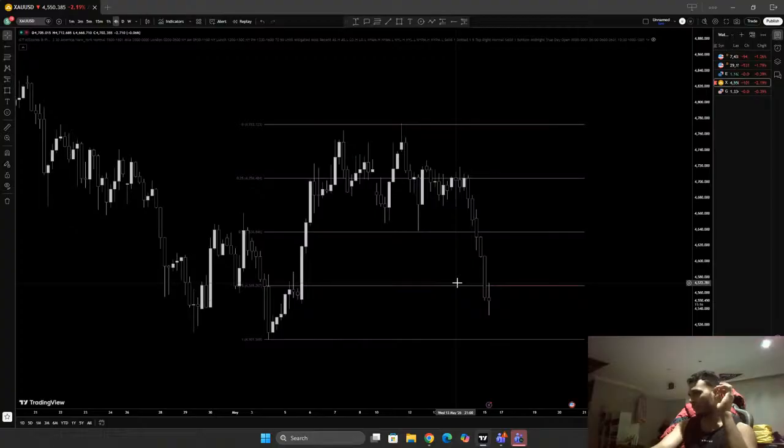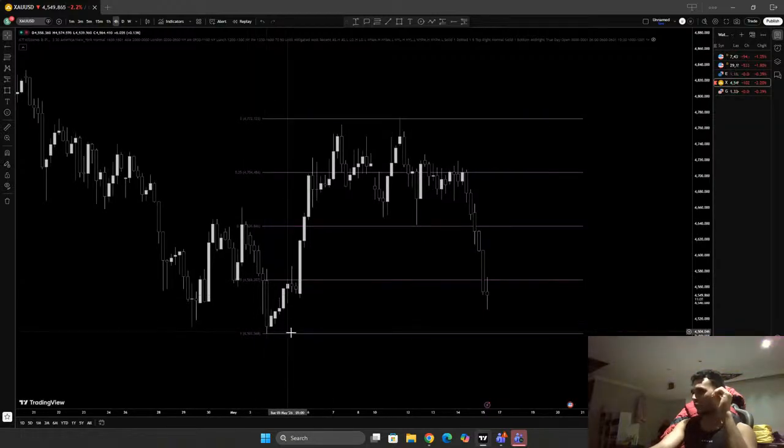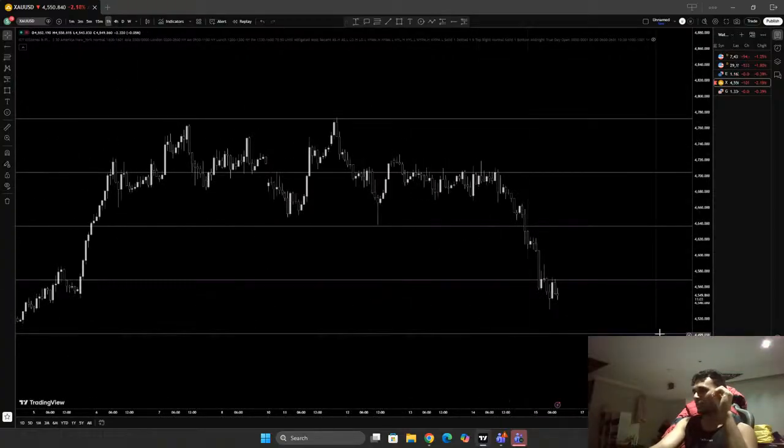So we broke and closed below the 75 DRT. And if I'm not wrong, we could expect this could be our fair value gaps. So we can be bearish and target this for the day. This would be my draw on liquidity for the day. Let me check in lower time frame. Awesome.